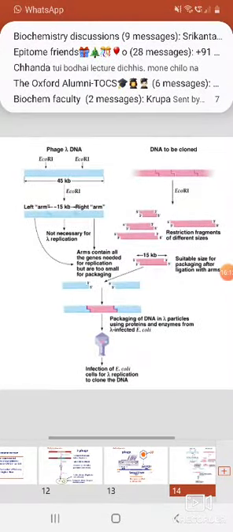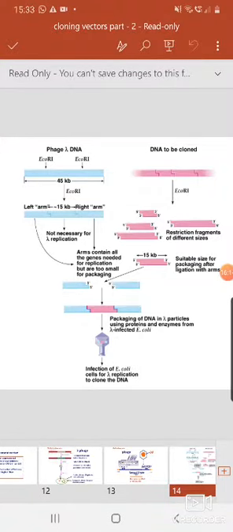Now, this is the way people clone. If the question is how to clone in a replacement vector, this you need to show. What I'm showing here is lambda phage in a sky blue color, and your DNA of interest in a pink color. So a total of 48 kb is shown. These are all genetically modified lambda genomes. So we have two EcoRI sites inside. If you cut with that, you get a left side arm and a right arm. And if you cut your insert, which is in pink color on the right hand side, with the same enzyme, you will get different fragments. Okay.